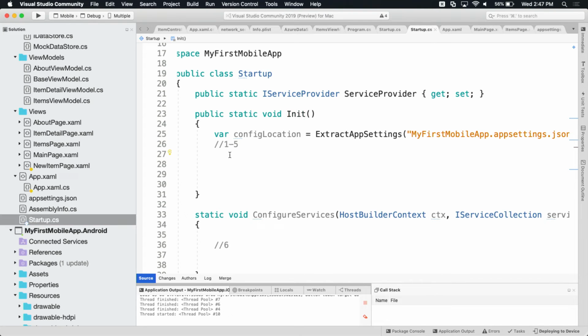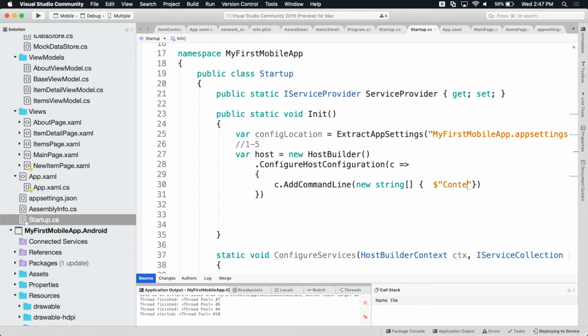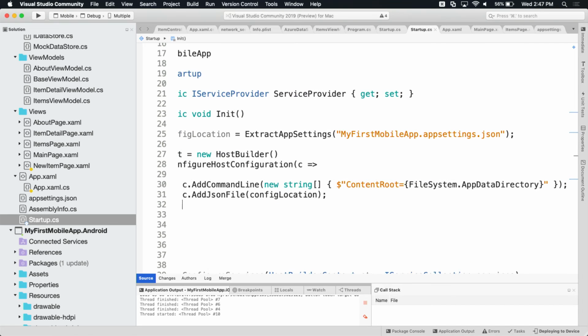So what do I need to do first? So now you want to make a host builder. Okay, so I'm going to go ahead and just type that up and build that. Good job. That's some good typing. All right, what else am I doing here? This is how all good developers program.